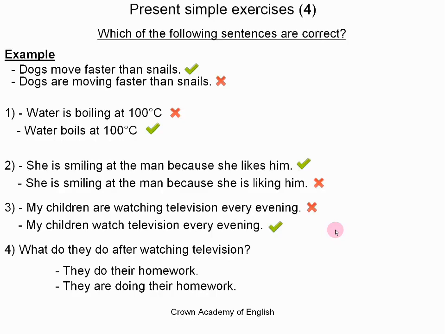Okay, so we are now answering a question. What do they do after watching television? And they do their homework is the correct answer. Again, we are asking what they do after watching television. We are asking what they do on a regular basis. So we must use the present simple, which is why they do their homework is the correct